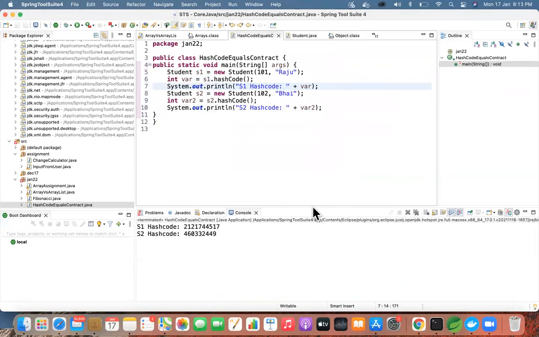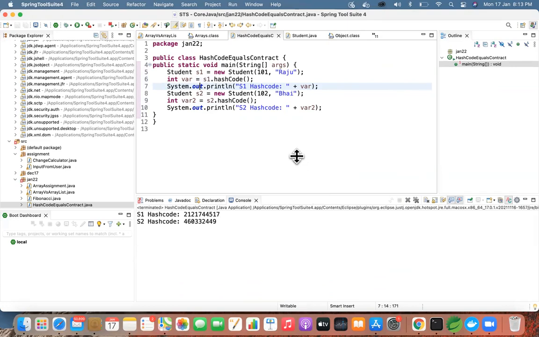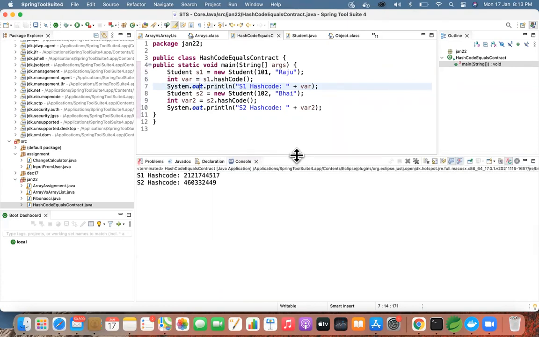So if you see, both the student objects have different inputs, but you'll get a unique value. If you create one more object, you'll get a unique value. So how is this hash code helping us create a unique value every time? It is based on the memory address and a few other internal logic to generate the integer value. We are achieving the final value of hash code as a unique one every time.